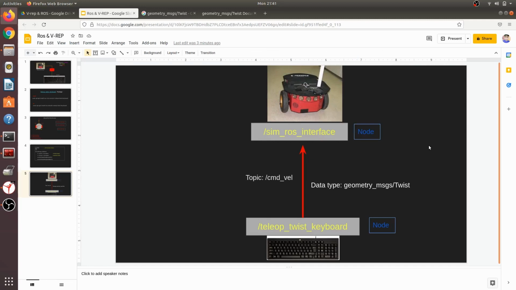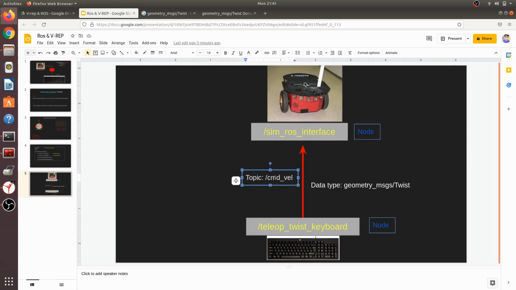What it is basically doing is, when we press a key on our keyboard, this is the teleop twist keyboard node. When we press a key, this node publishes a message to a topic, and the topic name is command velocity. If you know teleop twist keyboard, it always publishes on command velocity.